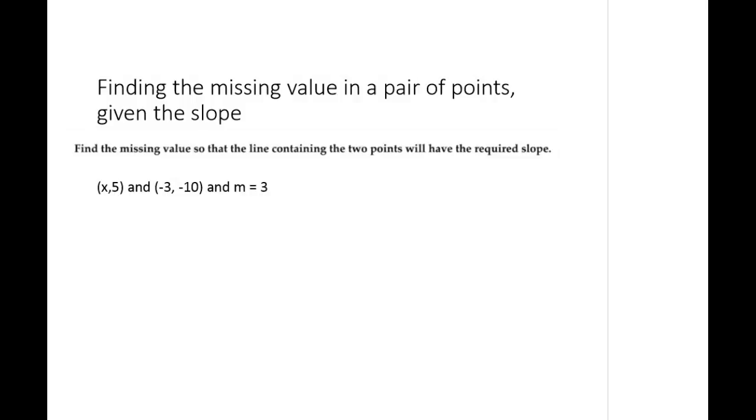This one is the one that sometimes mixes folks up, but it won't. It should not. On this one, you are actually given the slope, and one of the x's or y's is missing. You've got to solve for it. So what we have to remember is that our equation is m equals y2 minus y1 over x2 minus x1. So in this one, they give you the slope of 3. So I'm going to put a 3 in for the slope equals